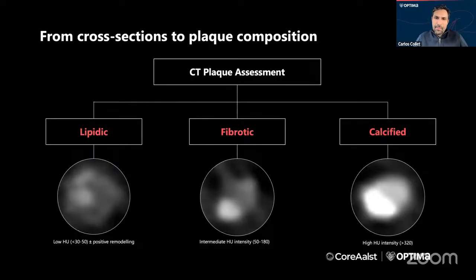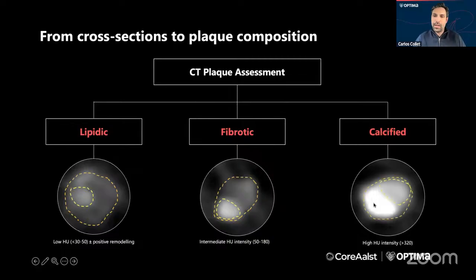We have basically the same components, and the key element, in my view, that facilitates the understanding of plaque by CT is the fact that the intensities of the plaque can be measured for free in any screen. If you have Hounsfield units below, let's say, 50, this is most likely to be lipidic. The Hounsfield units between 50 and 180 are what we call fibrotic tissue by either pathology or VH. And if you have high intensities, typically above 300 or 400, these are calcified lesions, which are very easy to